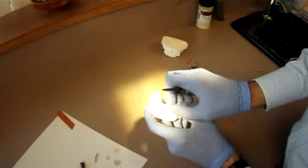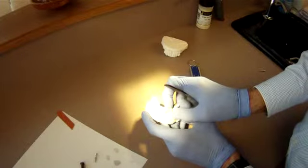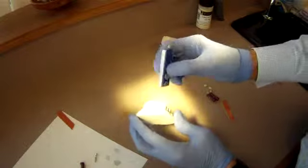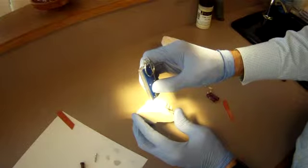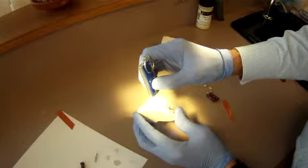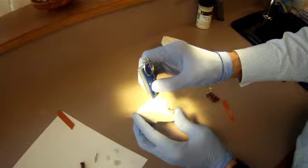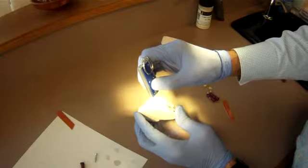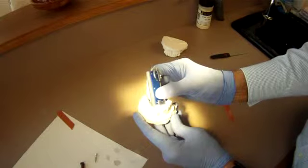And once you've got it into place, you can shape this like you like it, and then you would cure it with the light. Now this light takes about 1.5 minutes to harden the material. In our previous video, I'm showing a young fellow that we're inserting the tooth replacement into his area, but you would have to do this obviously yourself. You don't want to get into practicing dentistry,